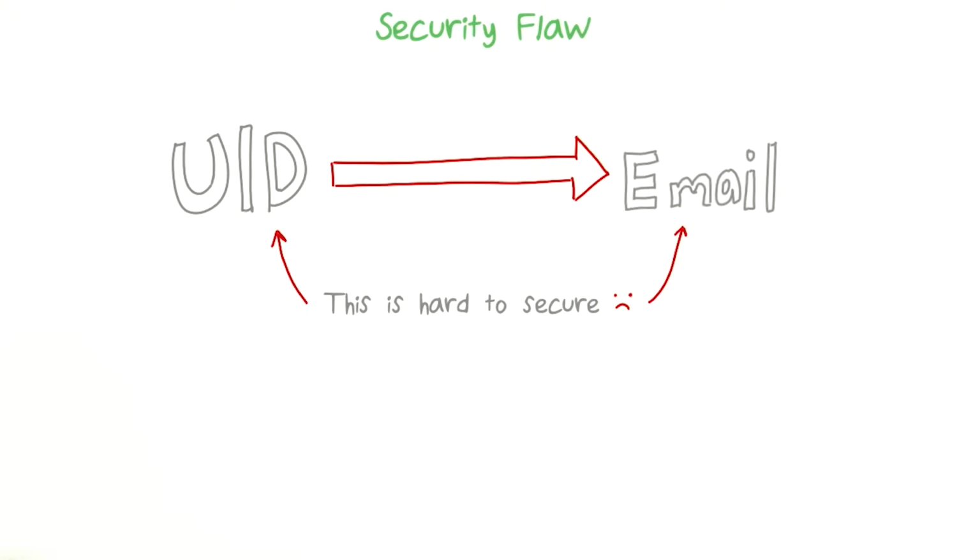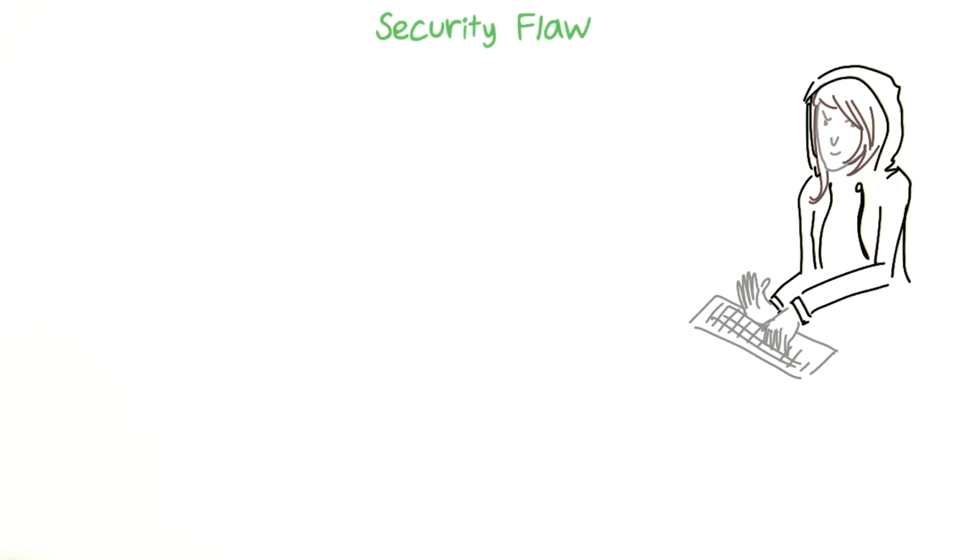Let me walk you through an example. So we have our hacker here. She has no sort of special permissions to access our Firebase app, but she is JavaScript and Firebase savvy, so she could execute some arbitrary JavaScript code on our app. And she could write pretty much any JavaScript code that she likes, as long as our database rules permit her to either do the read or the write.